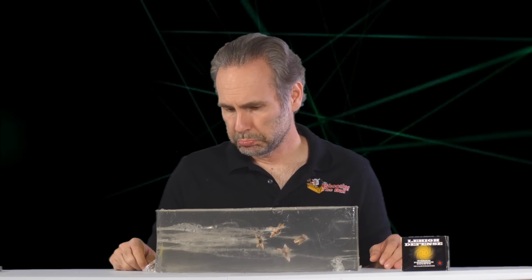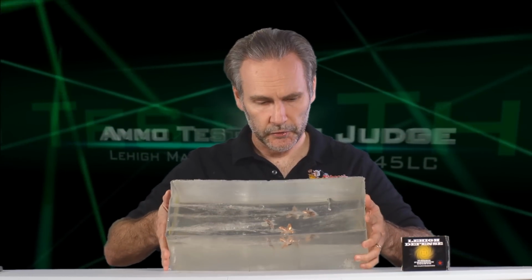Okay, examining the gel block results from the Public Defender, the first thing I gotta say is look at the permanent damage tracks. These are 4 times as big as what I'm used to seeing from 45 ACPs. These bullets cut a horrific hole through this gel. Penetration, those who've watched my videos know I'm kind of a stickler that I really want to see 12 inches. Didn't really get there with the Public Defender. We got between 8 and about 12. We got close to 12 on the leading one. However,